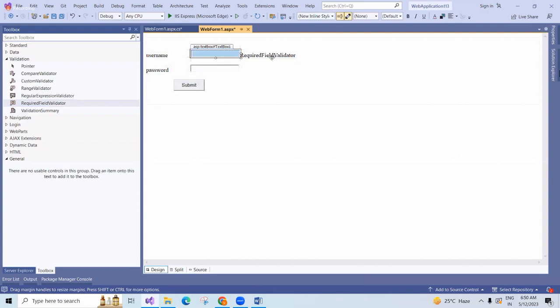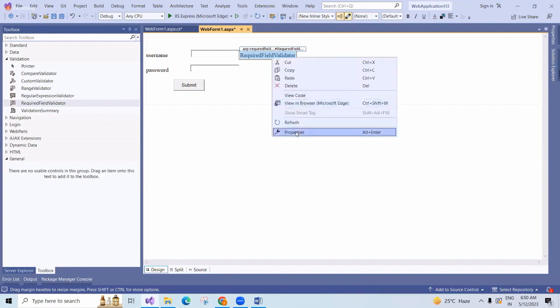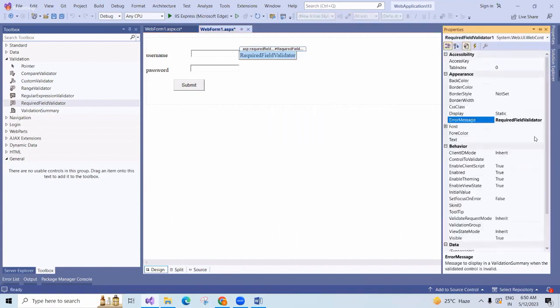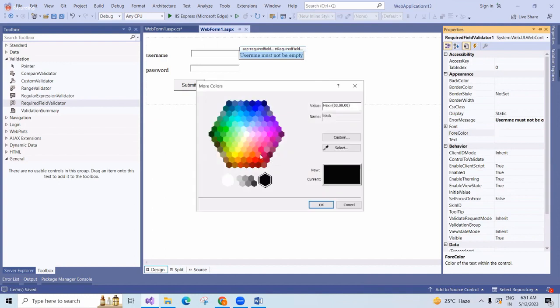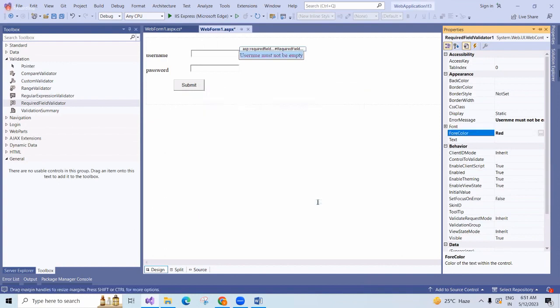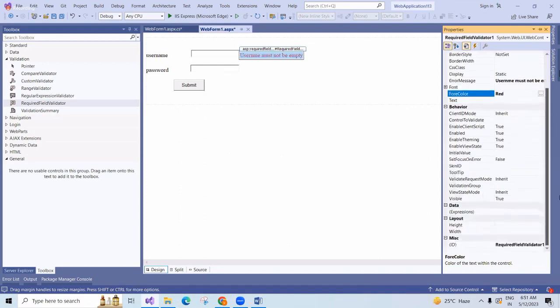Okay. So here we need to remember a few things. If you right click and open properties, the first important thing is the error message. What error message do you want here? So, "username must not be empty." Done. Okay. If you want to keep a color, you can set that. And the most important point, where you will get the most errors, is